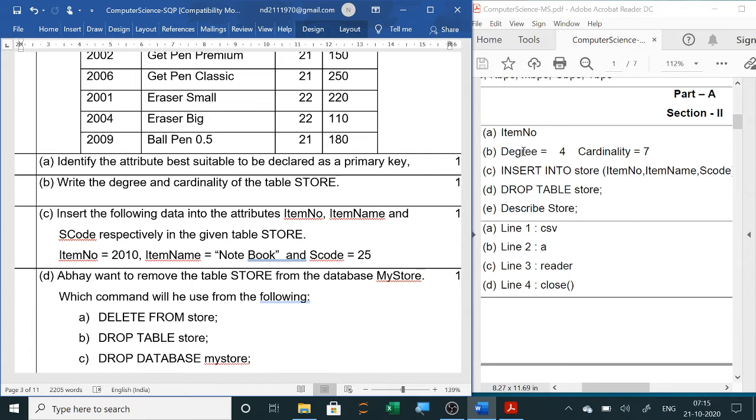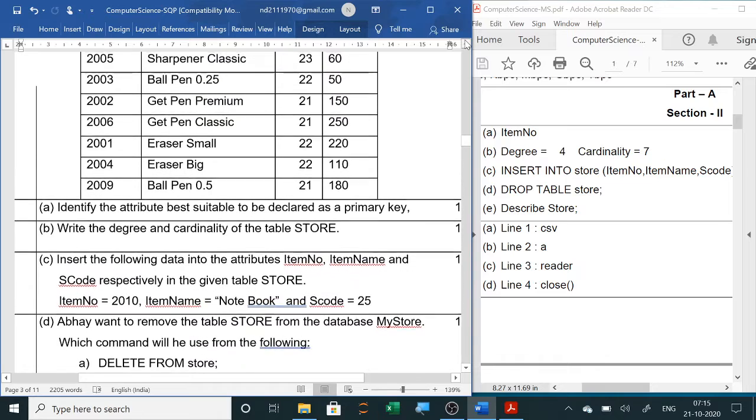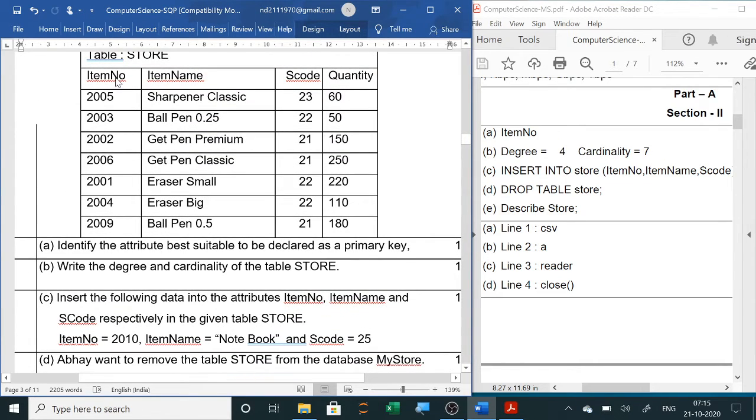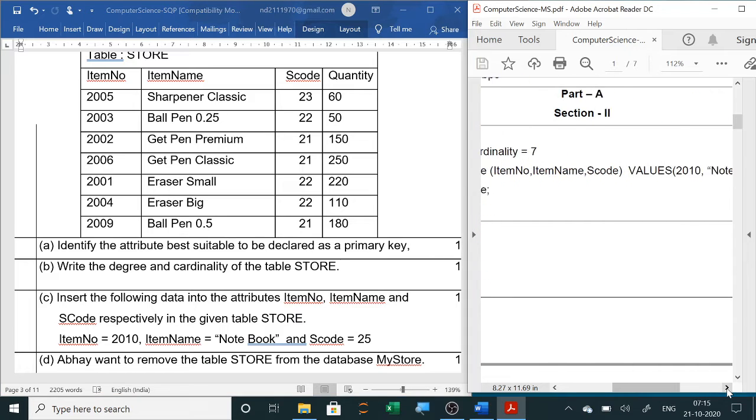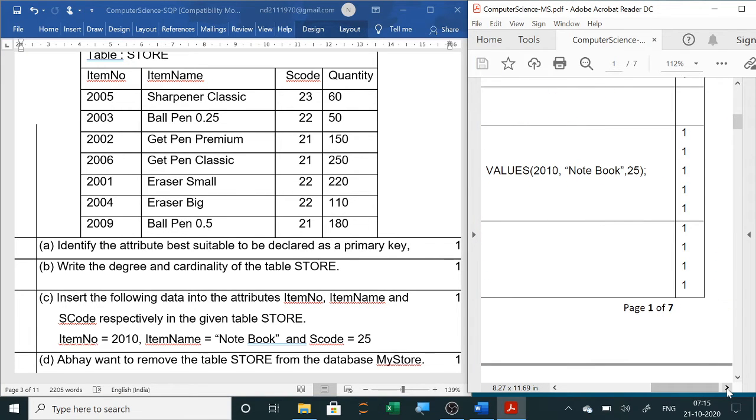Here you can see the answer: insert into the table Store, in brackets all the column names. At the top you can see all 4 columns: item number, comma, item name, comma, S code, comma, quantity. Then we write the values which are given in the question paper.